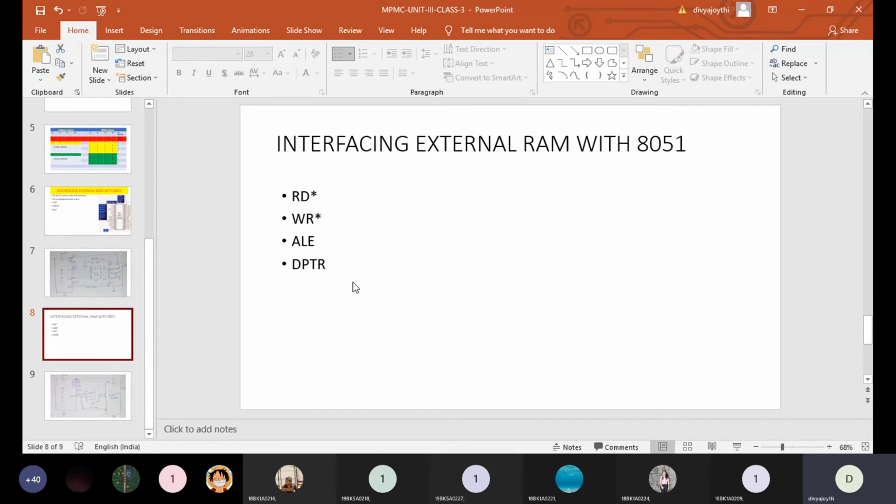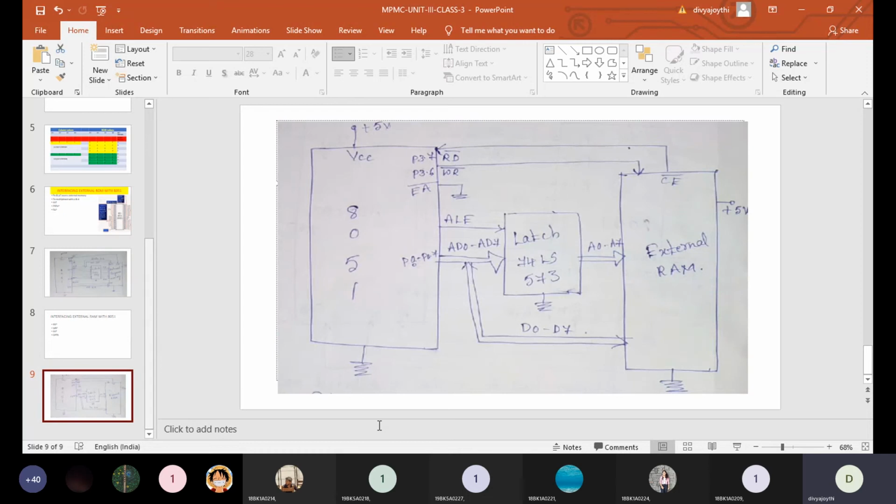If you look at the interfacing diagram, this is the interfacing diagram. As here we are dealing with data, we'll be making use of only port 0. We don't use port 2 because port 2 does not contain data lines; port 2 contains only the address lines. So we are not using port 2 because we need to deal only with the data. And the latch is as usual, because port 0 is multiplexed with address and data. To separate the lines, we need to make use of the latch.